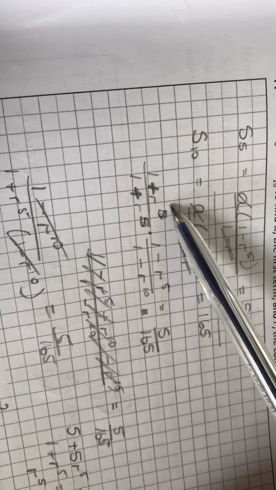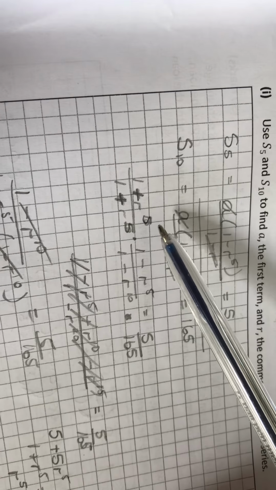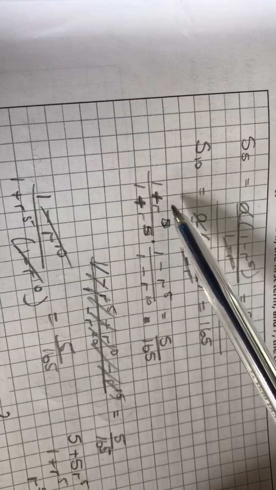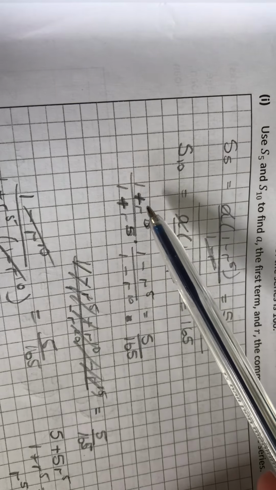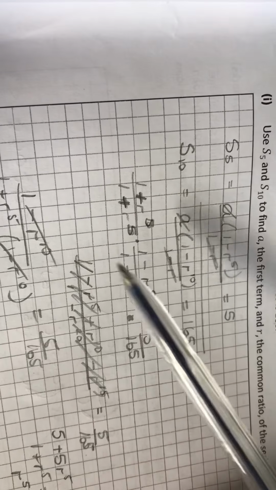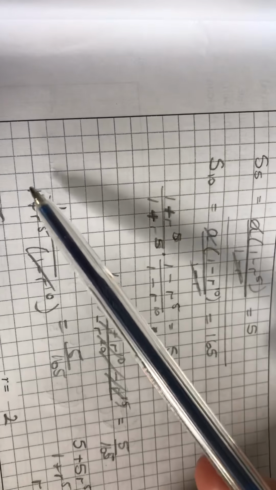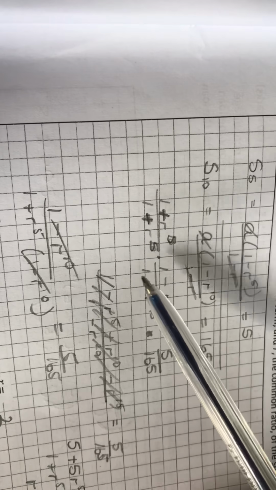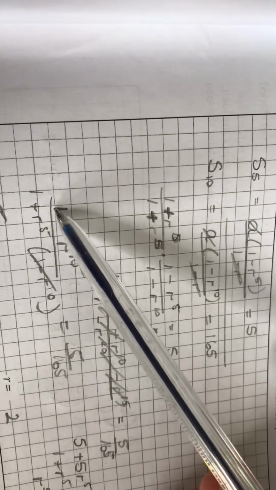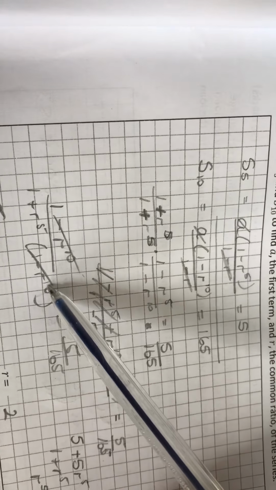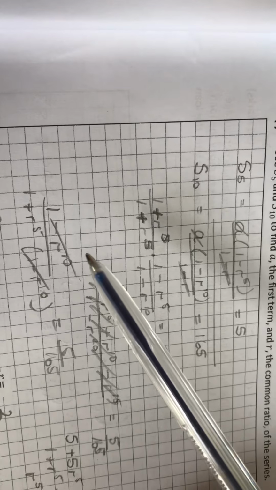But if I multiplied above and below by 1 plus r to the power 5, I'd end up with 1 plus r to the power 5 minus r to the power 5 minus r to the power 10. Then on the bottom I have 1 plus r to the power 5 by 1 minus r to the power 10. I didn't bother multiplying that out because I can see there that they simplify. And I end up with 1 over,